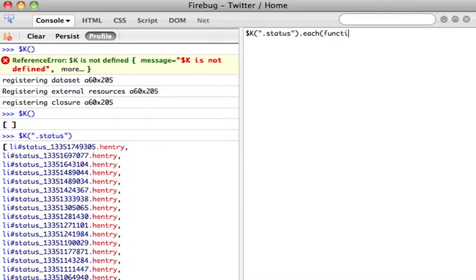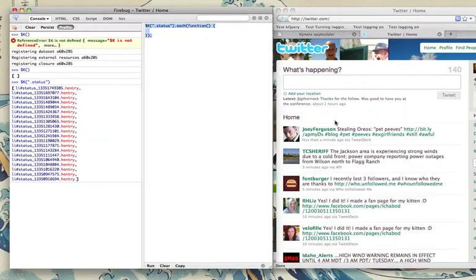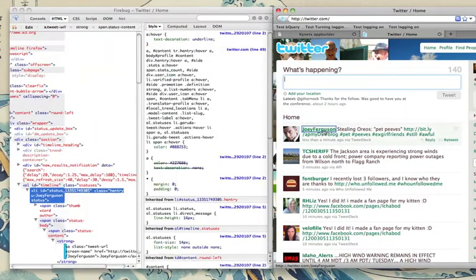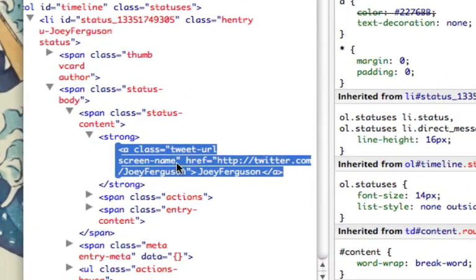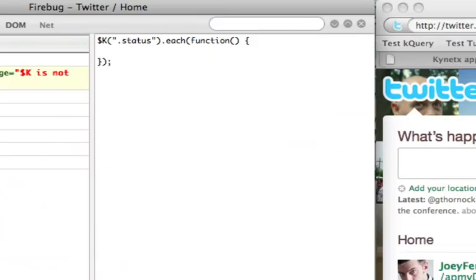And I'll write .each and iterate through each of those status elements. And I don't quite remember what the class name of the username is, so we'll jump back over to Firebug inspect mode, and we see that it is screen name. Alright, so jumping back to the console, I can do $K